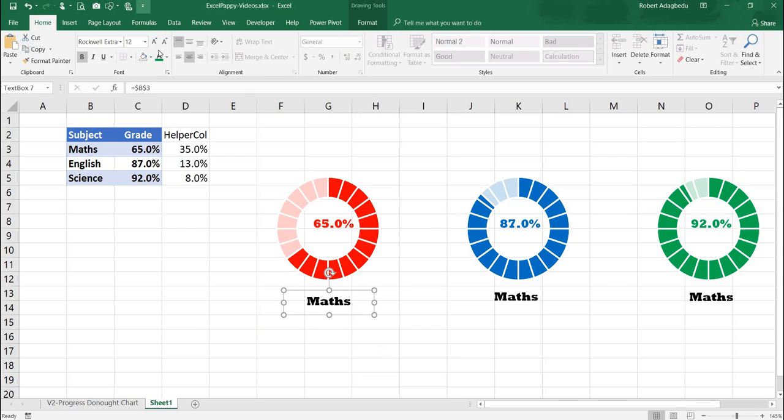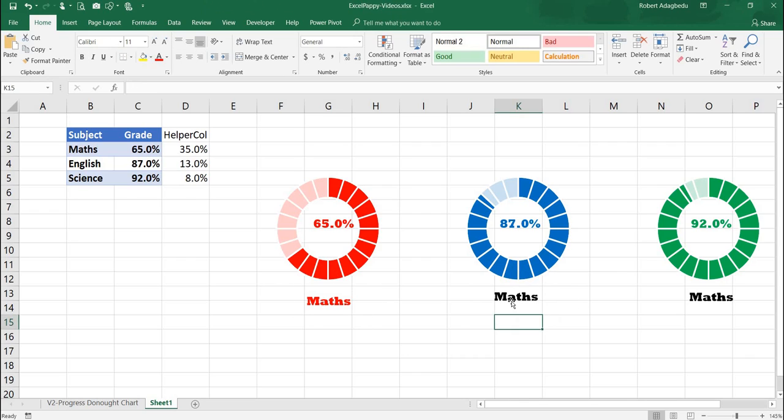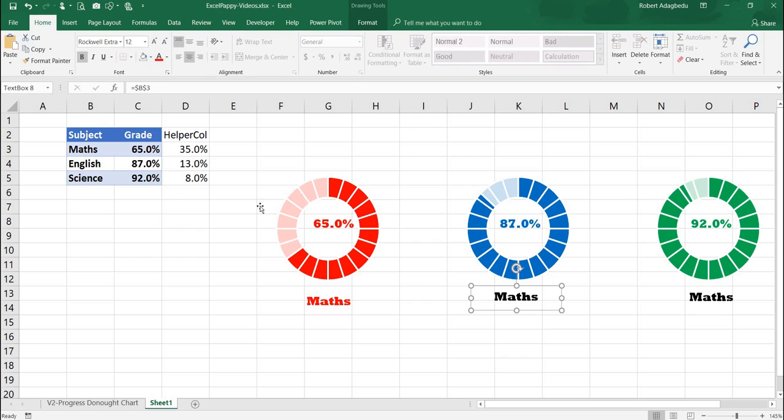Okay, now the next thing we need to do is to change the colors. So this one is supposed to match the top color, because it's very important. It has to look beautiful. But I need to change the cell reference first. So this is math, so showing math, it has to be C4 so that it shows the English. You notice how it changes, but I will change it back. So this one is B5,